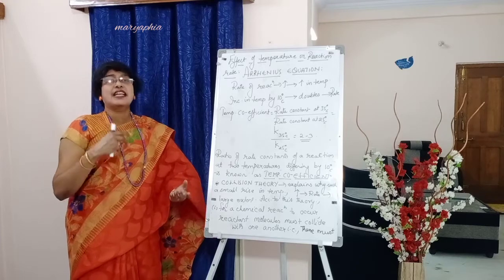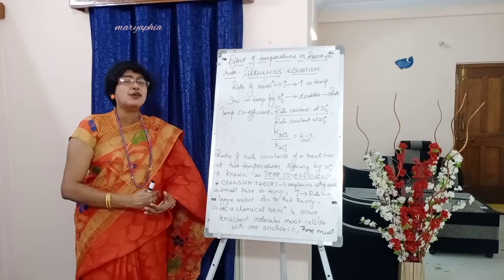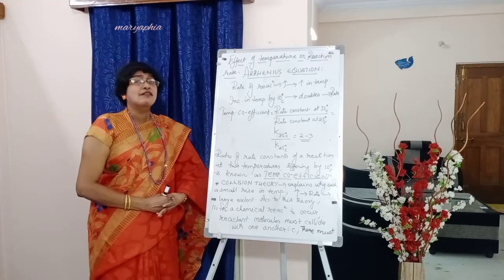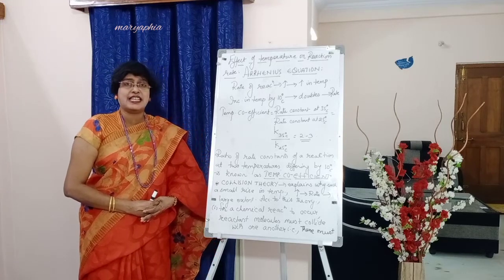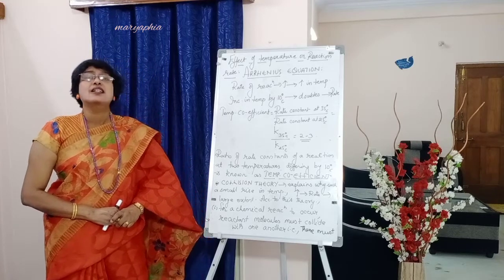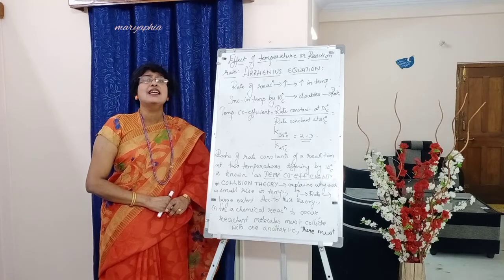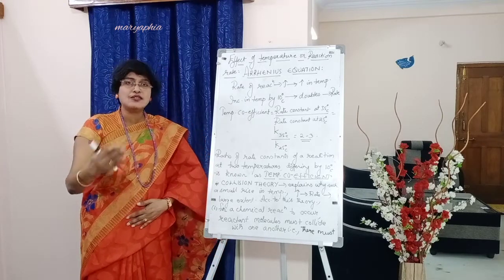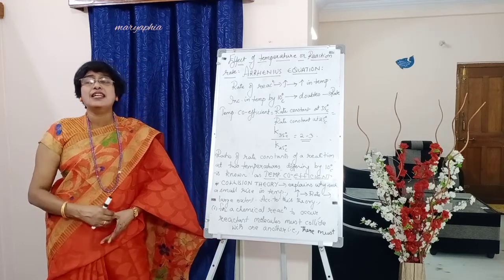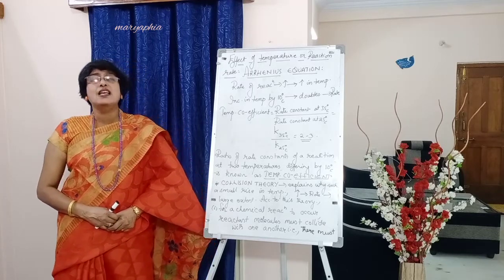That means the ratio of two rate constants considered at two different temperatures which differ by 10 degrees centigrade: if we do this calculation, we will arrive at an answer of 2 to 3. That means the rate of reaction will be doubled or tripled. Okay, so between 2 and 3 we will be getting the value. And the ratio of the two rate constants at temperatures differing by 10 degrees centigrade, we call it